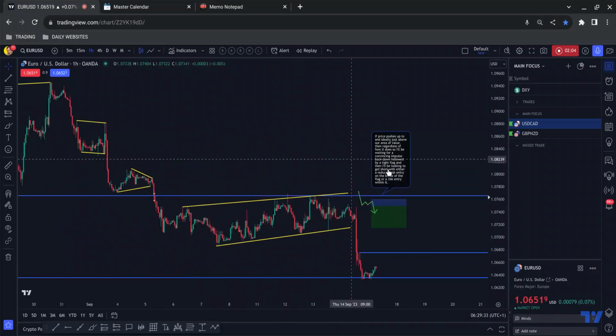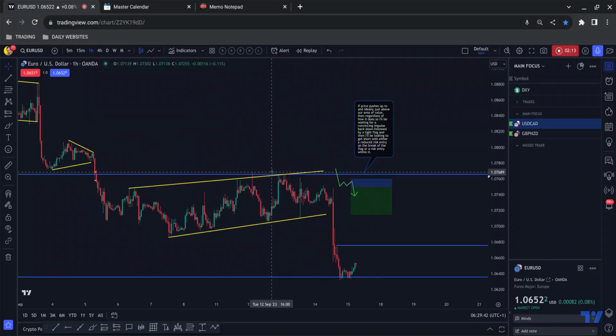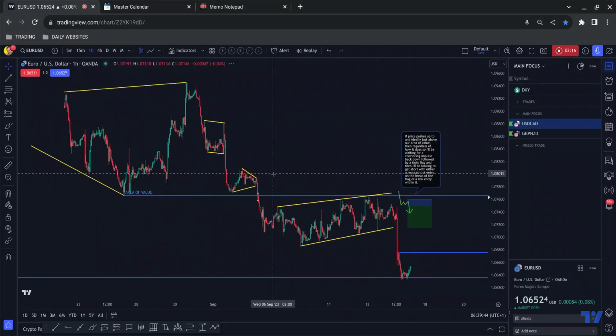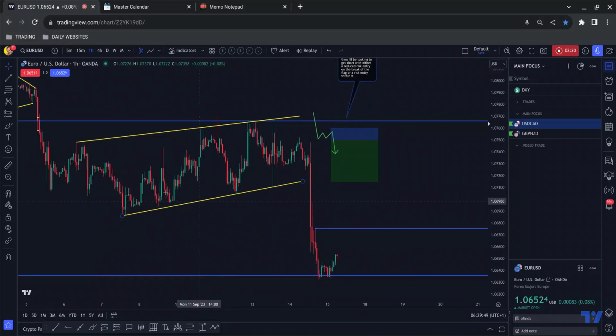The volume was obviously built up in here, and obviously if these structures break, then there's going to be a lot of people that were trading within that bail out of their positions. So sometimes, as I've said previously, price finds liquidity from an area of value. Other times it builds liquidity. And the reason we say it builds liquidity is because when we get volume building up like this and it breaks out, as I say, many people were trading within here and they will bail out their positions. And of course, the banks stack their orders as well. So that is euro dollar.